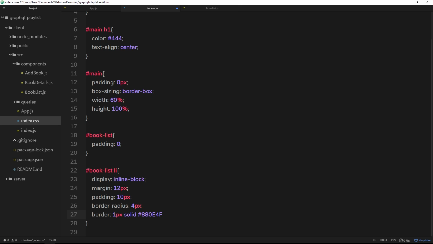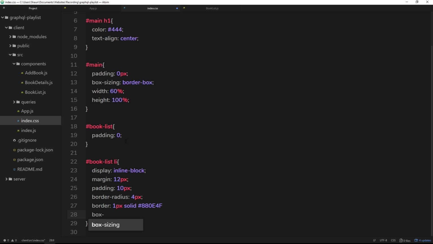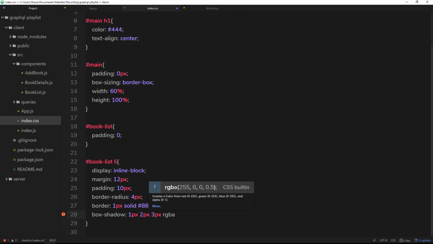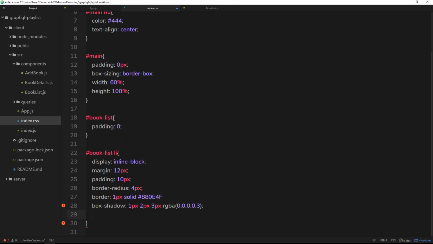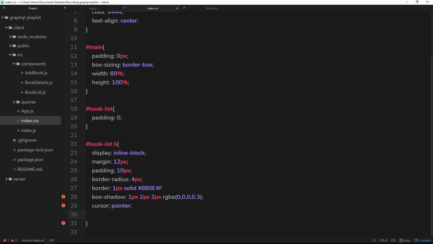All right, so after we've done that, let's give this a box shadow just to lift it out of the page and give it a bit of depth. So the box shadow is going to be 1 pixel, 2 pixel, 3 pixel. Then we'll use RGBA, so we have an alpha channel, and we can set the opacity: 0, 0, 0, and then 0.3 for the opacity. So it's like a kind of black box shadow, but only semi-transparent, okay? So the cursor is going to be as well a pointer, because when a user hovers over a book, I want them to know they can click it, and I want that little hand pointer instead of just an arrow. And then finally, the color of the text inside here is going to be the same as the border,